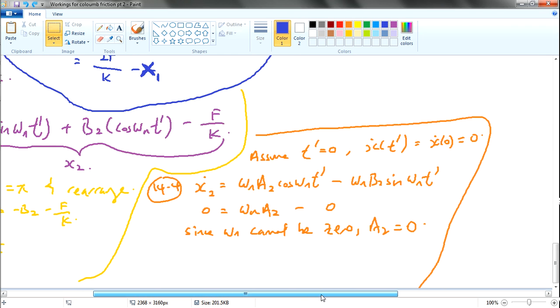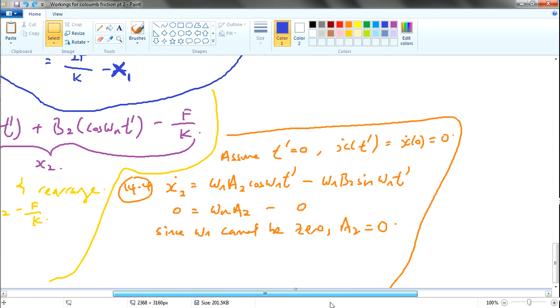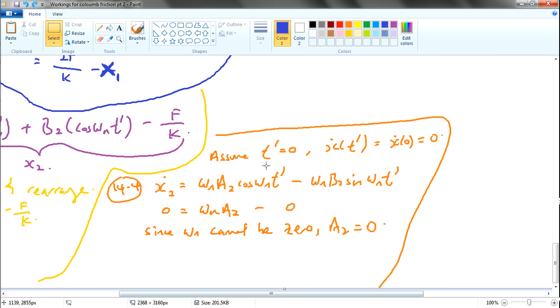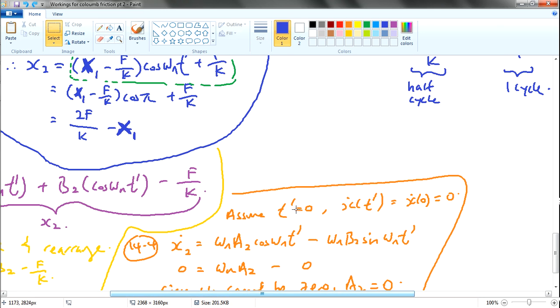And now we solve for a2. For a2, assume t prime is equal to 0. Now for this case, the answer in my notes is a little different. I don't know why a2 is equal to 0, but I have derived this situation. I think it's quite legit, so I'll just continue first. So t prime is equal to 0. I assume not omega t prime, but rather t prime equals 0, because we will assume that